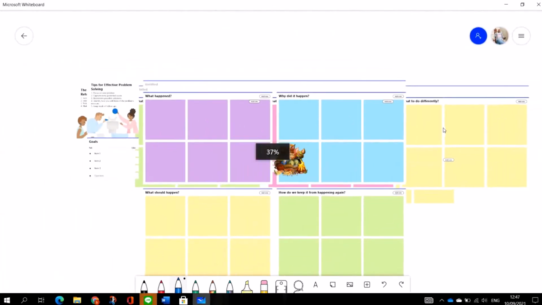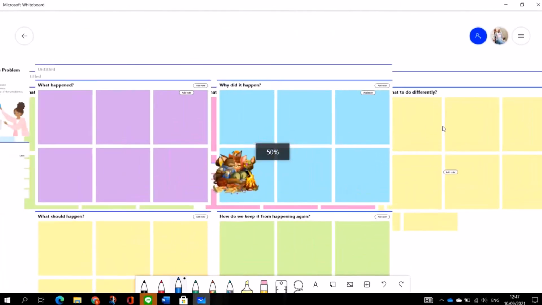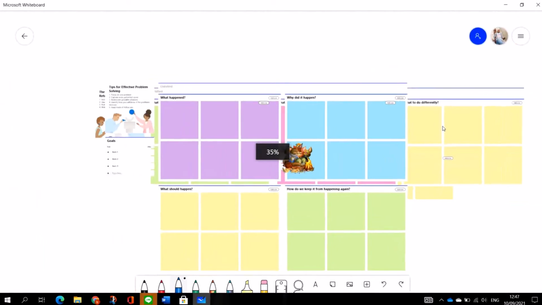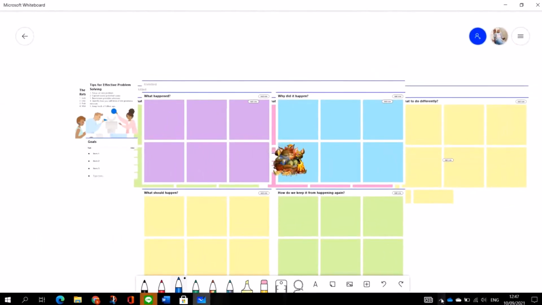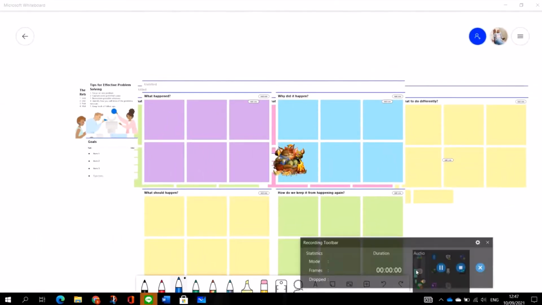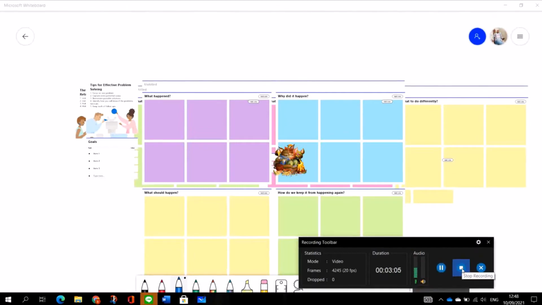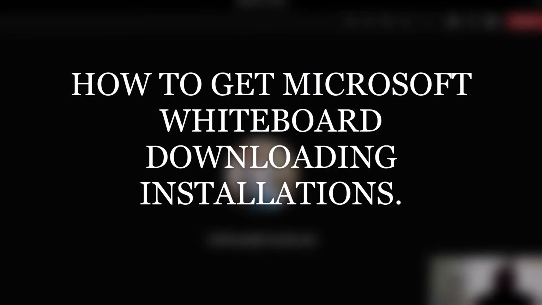You can increase the size. You can reduce the size by highlighting with your mouse. Okay. And these are some of the basic functionalities of Microsoft. So here I am on my Microsoft Teams. If you want to get the